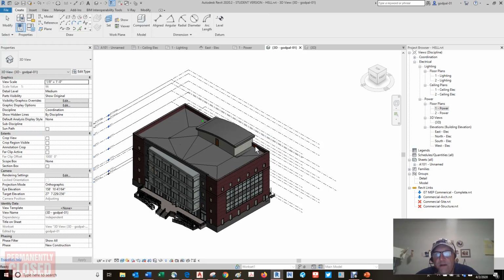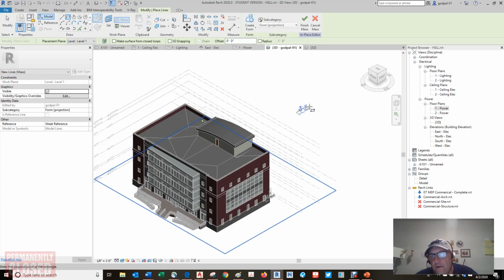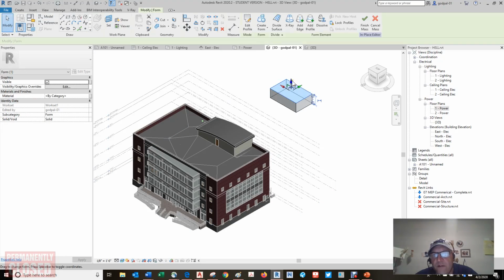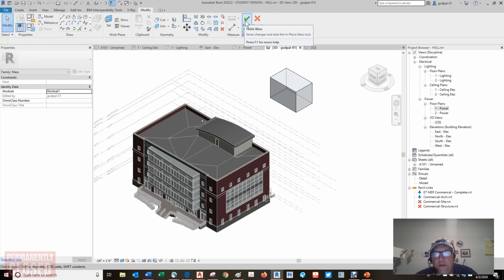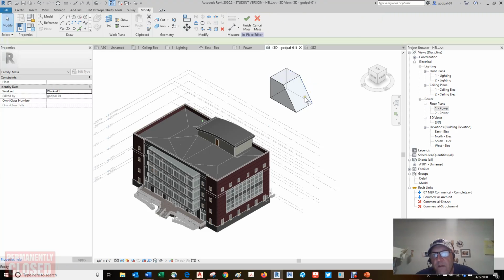So let's create the mass. Now, notice a few things opened up. This is kind of tricky. I'm not expecting you to follow along at home. I'm just going to draw a quick rectangle on this work plane, and create a solid form out of it. I'm just going to extrude it a little bit. Bandwidth hog. I'm going to finish in place. Actually, what I'd like to do is see if I can sculpt this a little differently to give you a better idea of the power of Dynamo. So now we have this